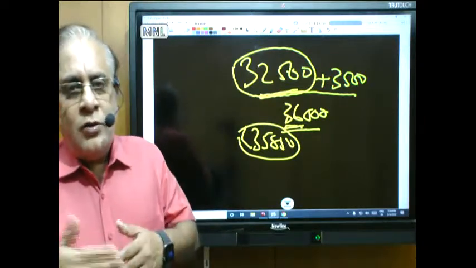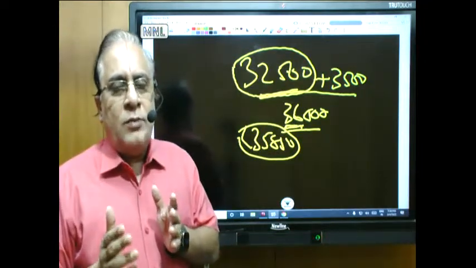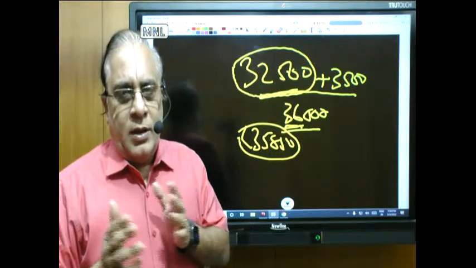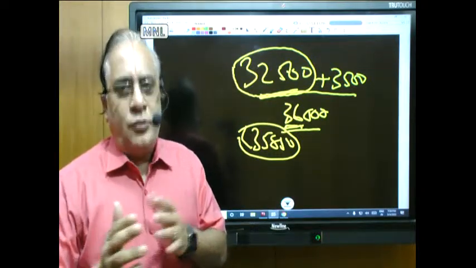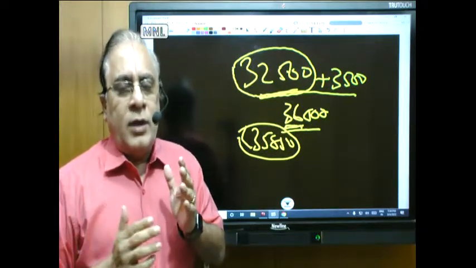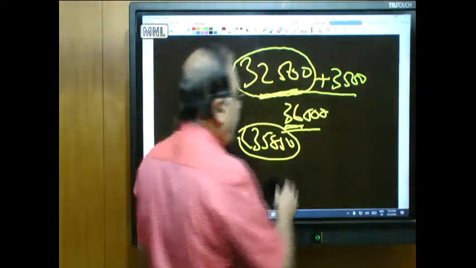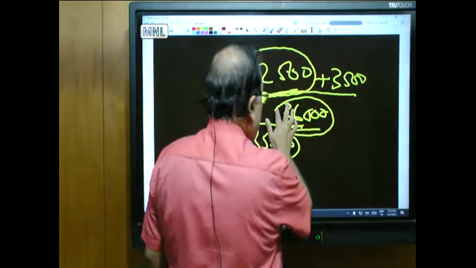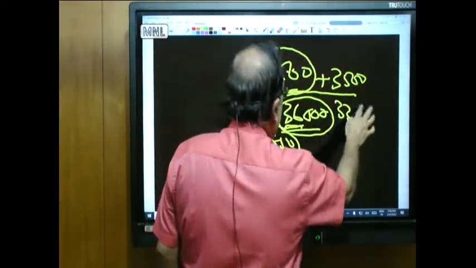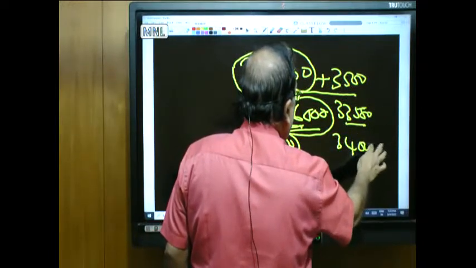So what you can do is go for a sell and put in a spread. That is, you can put in a type of spread to save your position. Then we have to look at the monetary point of the margins and all those things. But expecting that 36,000 may not be broken, you can sell the futures, which is around 33,580 or so, and then put in a spread between 34,